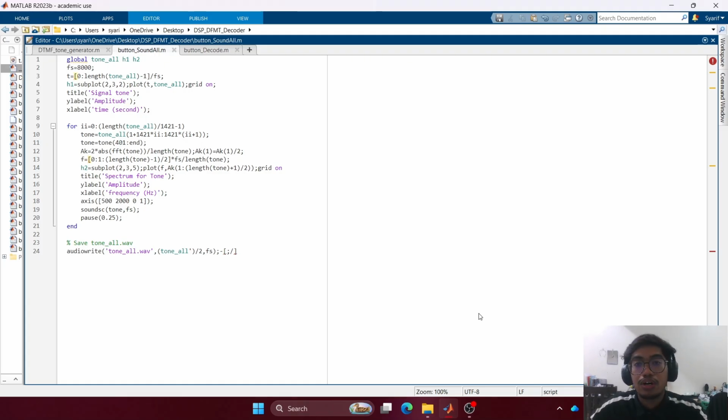Then it runs an FFT, the fast Fourier transform, to convert that sound block into a visual frequency spectrum, allowing us to visually verify that the correct tone pairs are clean and error-free. The script plays the sound out loud to the user, and once the entire loop is finished, processing every dial digit, it automatically writes out the final composite audio to a file named tone_all.wav, so it can be passed over to our decoder code.